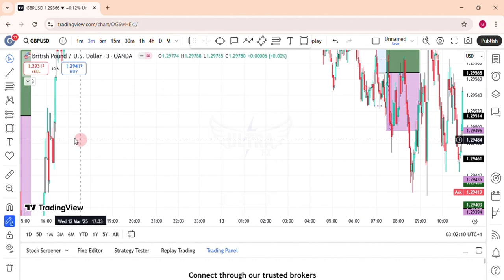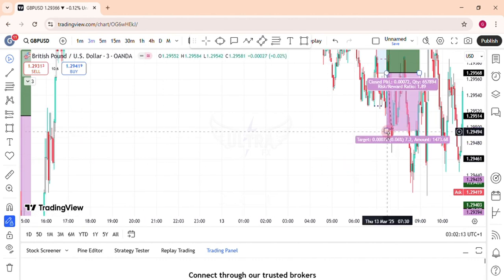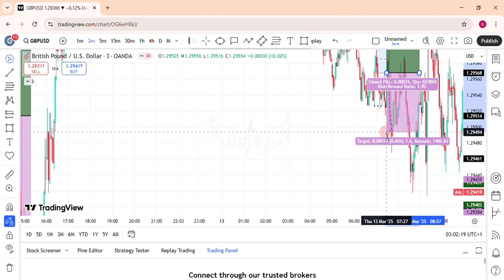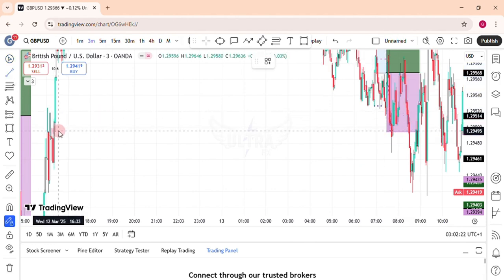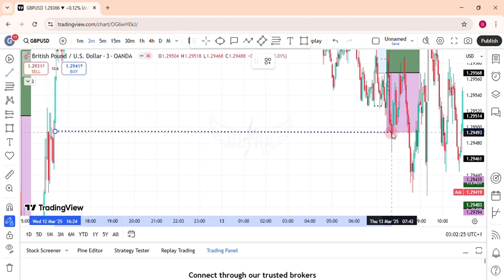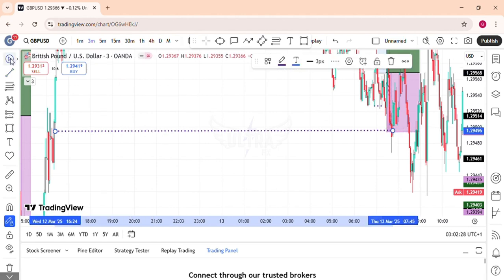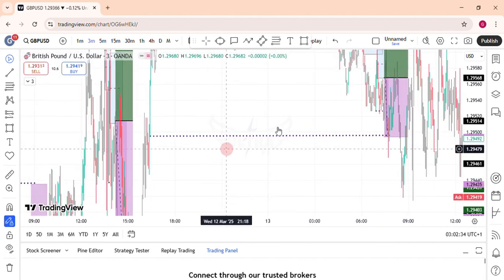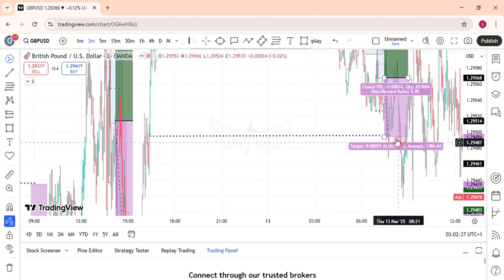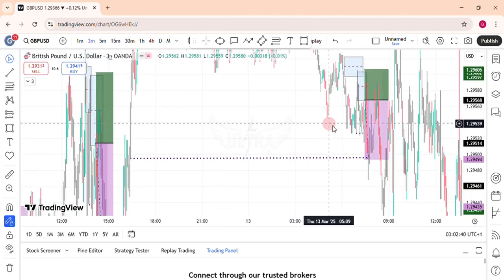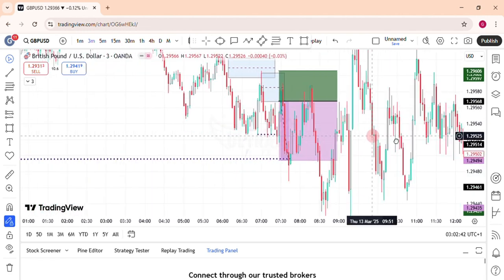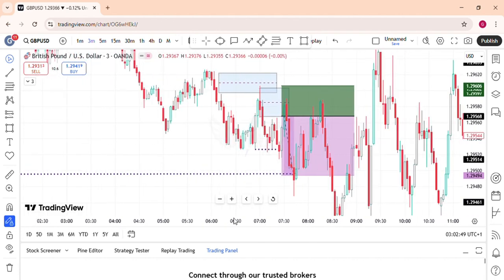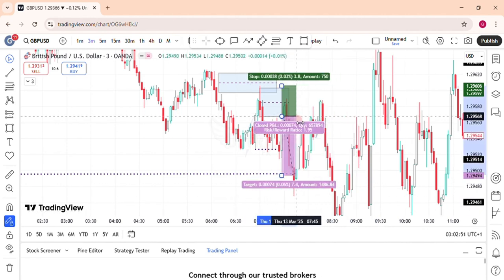As you can see, this fair value gap here, or you can take your profits here. But to be on the safer side, you put it at the start of this fair value gap right here. You can see how the market rejected this, how the market reacted from this fair value gap. Market tapped into this fair value gap and went back up. So it would have been a risky one, because price would have actually taken you out if it wanted to, but it also created a good entry, like another entry.